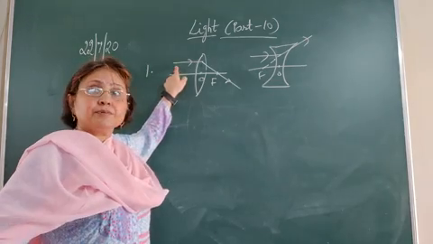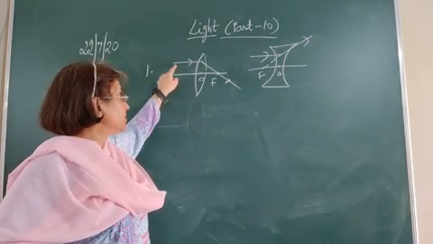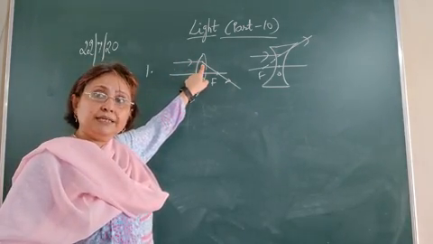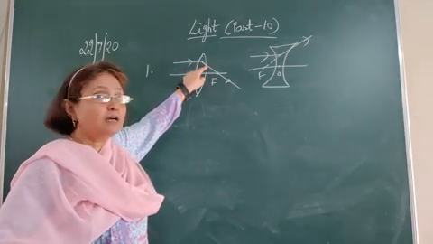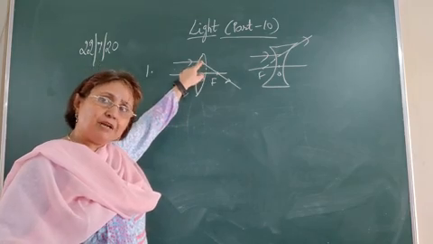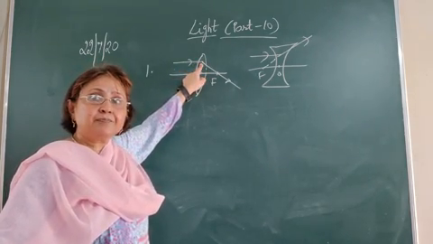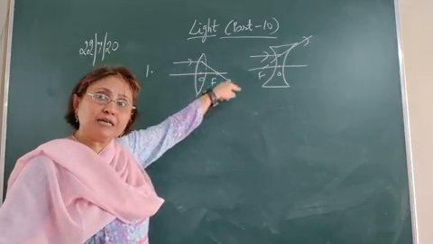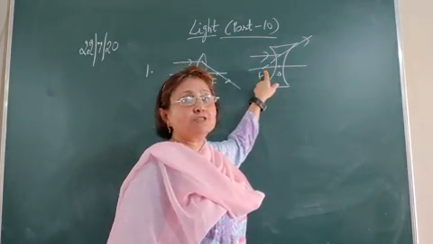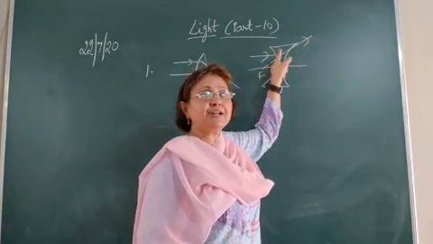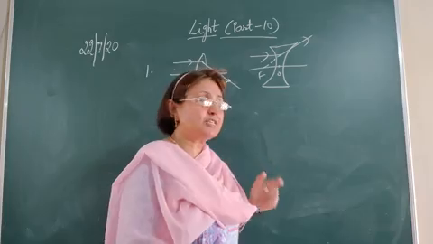Okay, so draw both the figures. Convex lens, concave lens. Incident ray parallel to the principal axis. Actually, it will bend at both the surfaces. But while drawing the ray diagram, bring it to the center and then bend it. It will pass through the focus on the other side. Here, it will appear to pass through the focus. This is the actual refracted ray. It appears to pass through the focus on the same side.